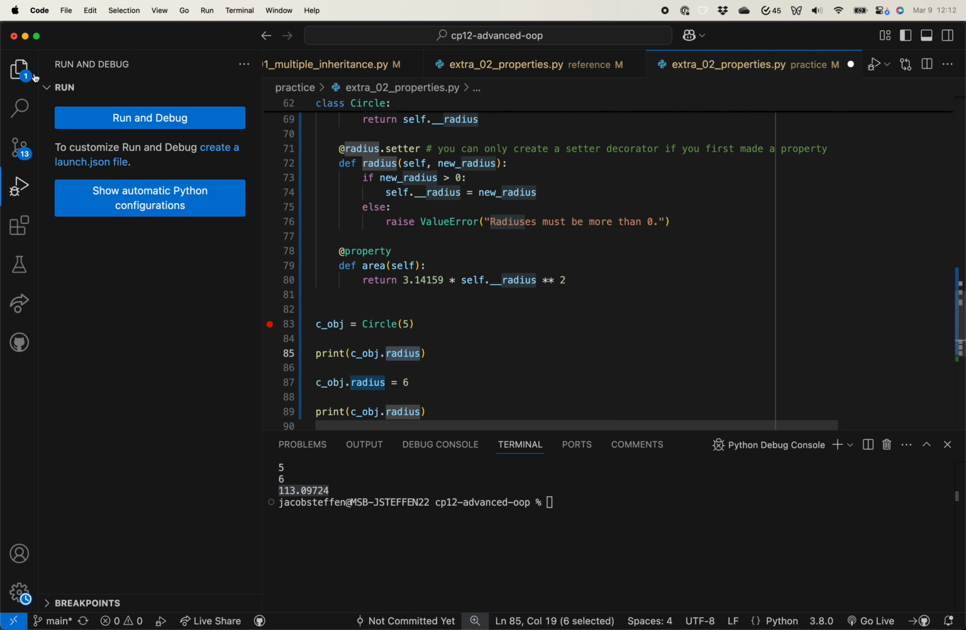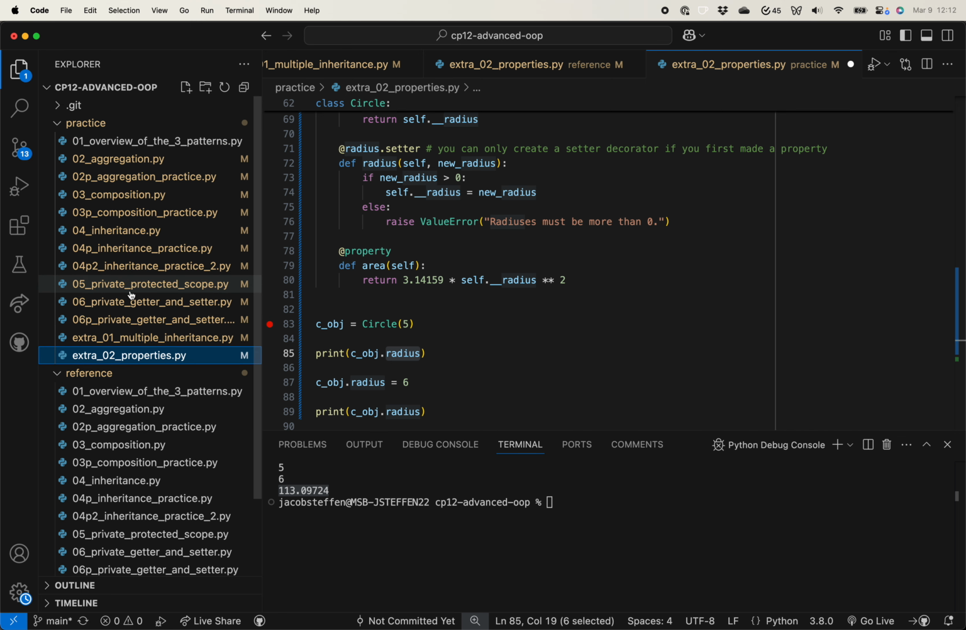So that is the last file actually in the advanced object-oriented programming, at least so far. Maybe in future semesters I'll make a change, but